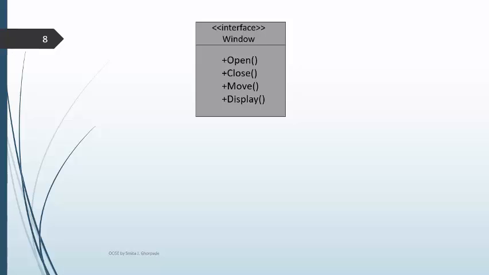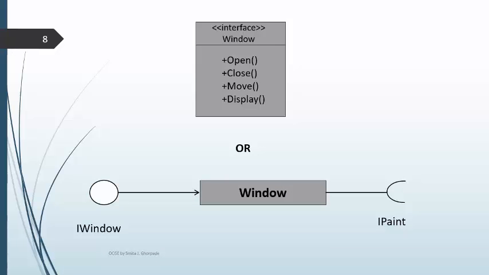Like this, any operations can be performed on a window. So, graphically, this interface can be shown by a circle symbol. So, circle is one more graphical notation to represent interface.